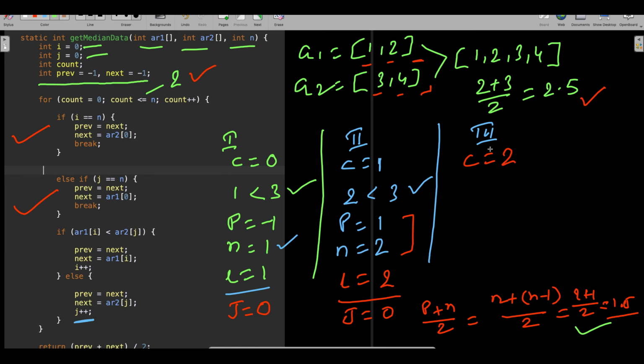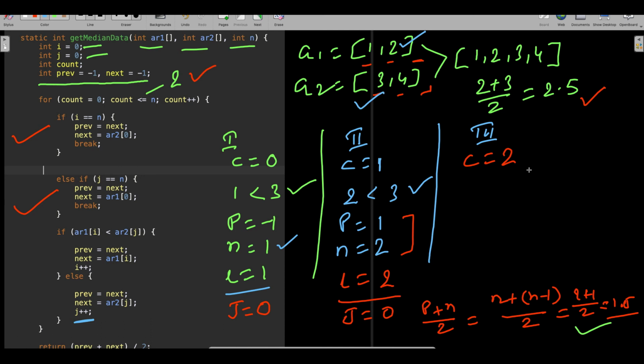So you understand now. You look at this, guys, and try to figure out what is (2 plus 3) by 2. When you look at the (2 plus 3) by 2, the 2 is the highest element from the first array, correct? And what is 3, guys? 3 is the lowest element of the second array, right?